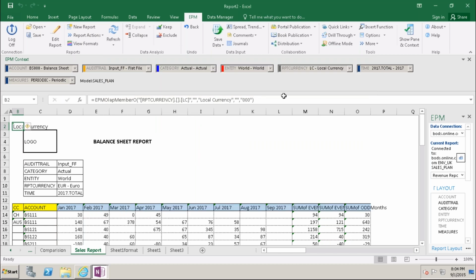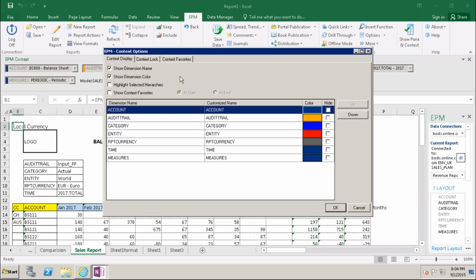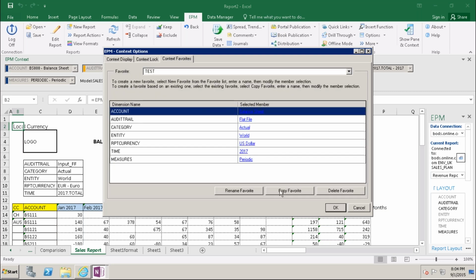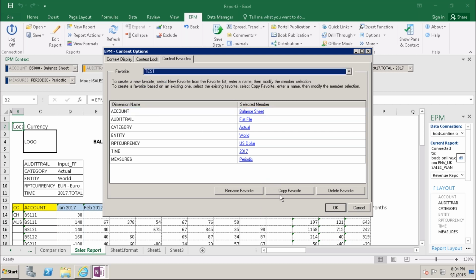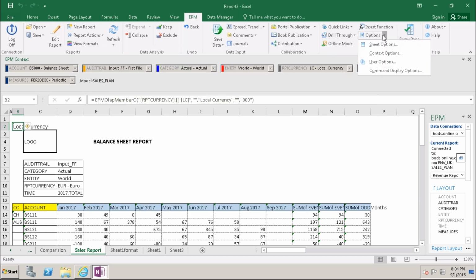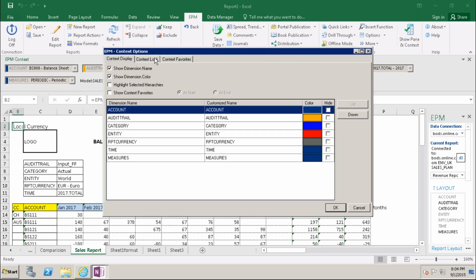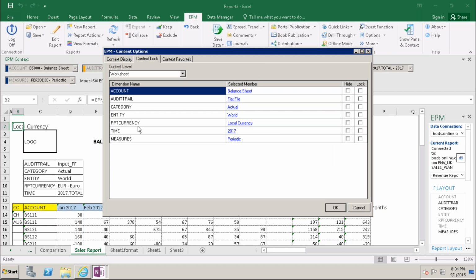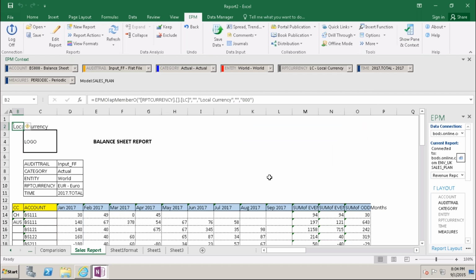Okay, so going to options, context options, and here the favorites. One minute. Context options, context locks. See, this will work for us. There are no locks earlier.